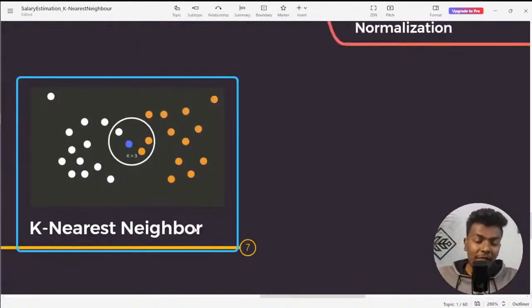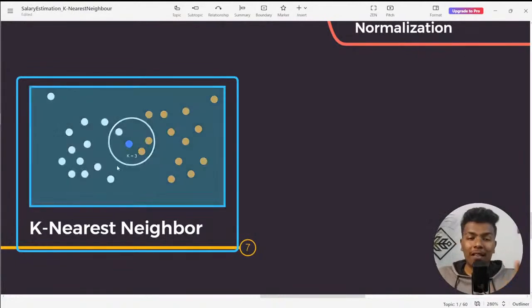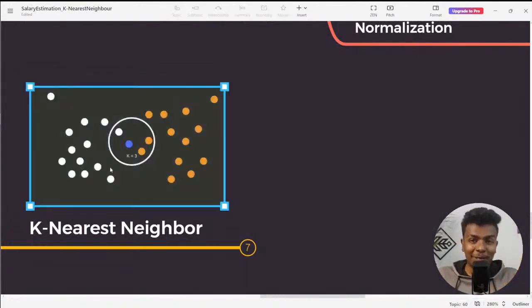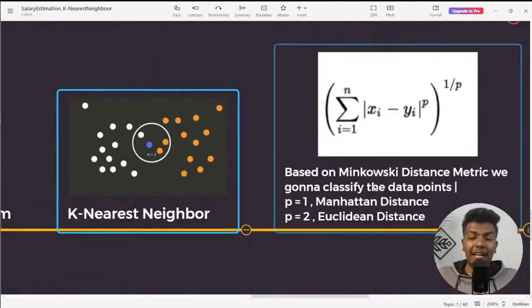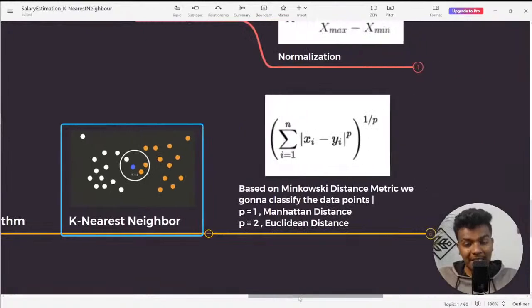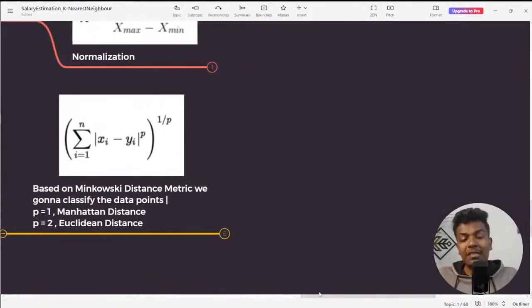Here, if you observe this, there are 2 important things you can notice. The first important thing is how you have defined k is equal to 3. That is the major question to be answered. The second is measuring the distance between one data point versus another. These 2 are the very important factors in this algorithm. Regarding the second factor, it measures the distance between one data point and another with the help of the Minkowski distance metric.